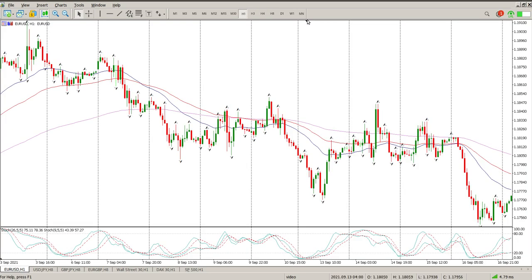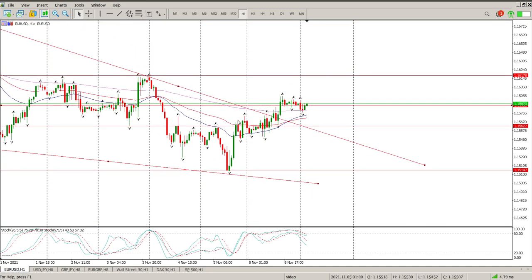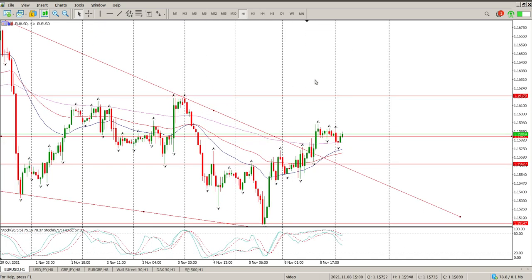So if we come down to the hour, bear in mind that the 8 hour trend is down. If you look at the hour, we're above the 155. We are holding above 155. We've got a crossover. We've broken a trend line. It does look to me like we're heading to the top of the range. So that is 116,178. But for me, we're going to have to clear this 116,178 for me to be confident that we have more upside to come. So at the moment,